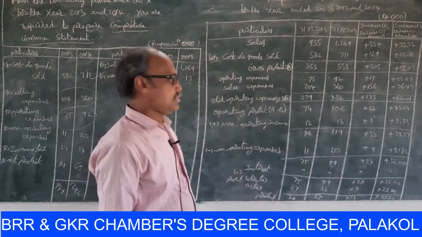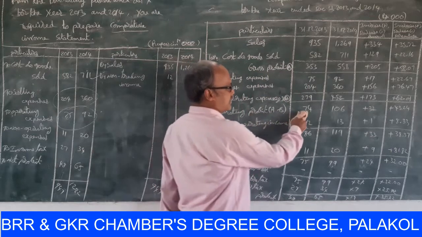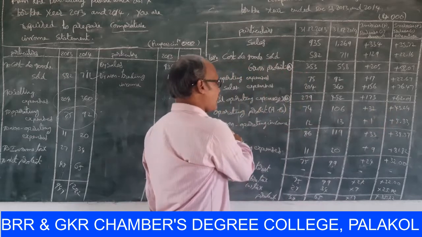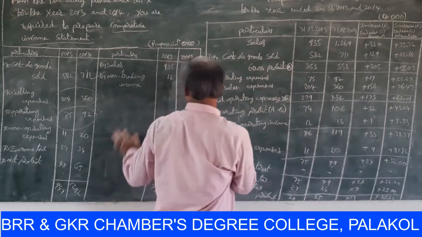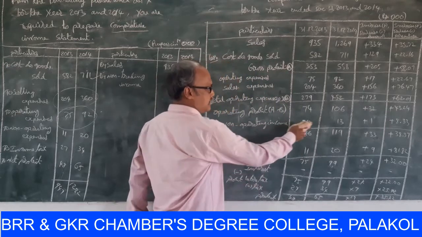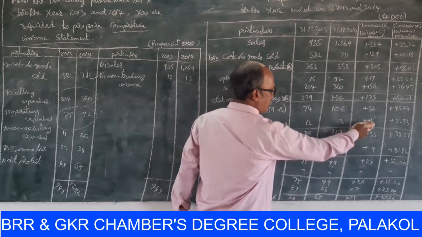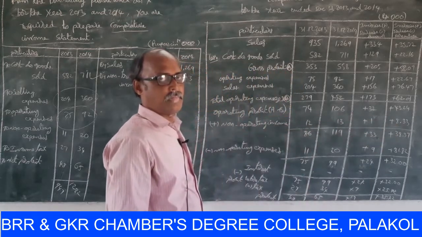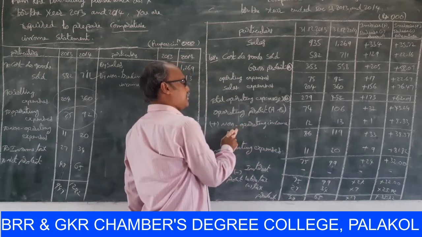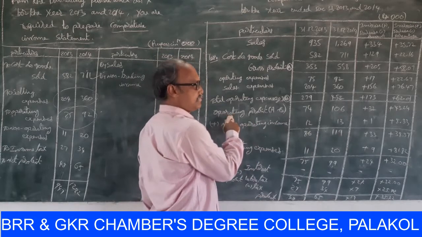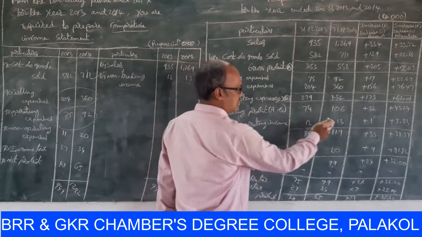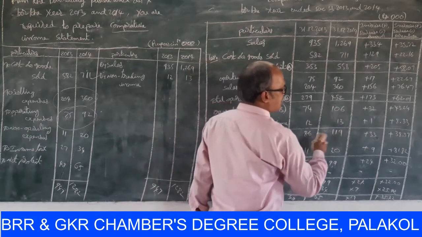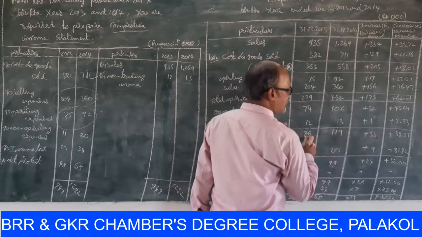38.37%. Once again, operating profit 74, 106. Add non-operating income. Non-operating income is 12, 13. Increase plus 1. 1 divided by 12 into 100, 8.33%. So, non-operating income is added to the operating profit here. 74 plus 12, 86, 13 plus 106, 119. 119 minus 86, 33. 33 by 86 into 100,